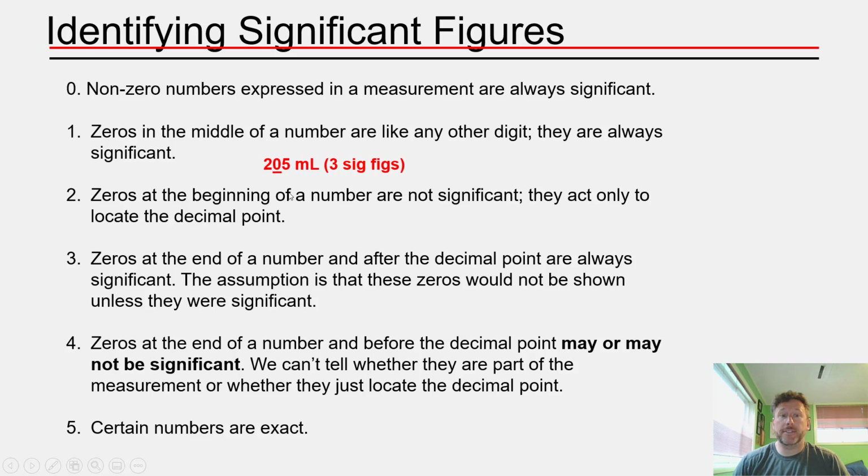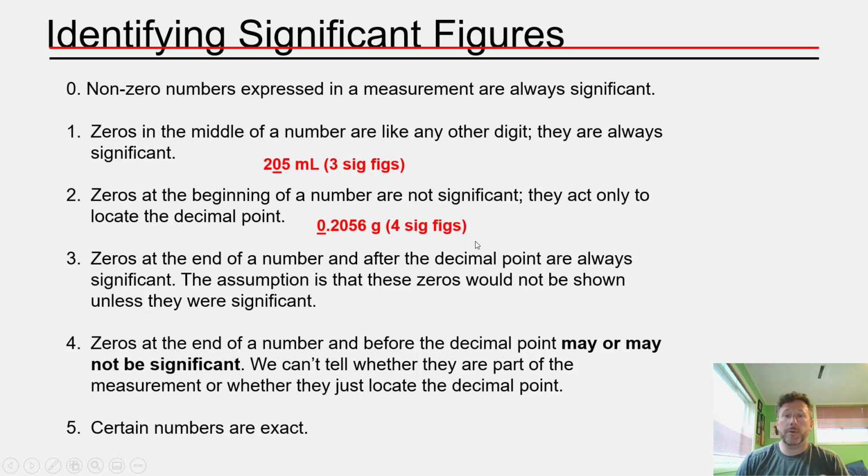Now, in contrast, zeros located at the beginning of a number are not significant. They're only there to help you locate the decimal point. So what do we mean by zeros at the beginning of a number? So for instance, if you measure out a reagent on the analytical balance and the mass of the reagent is 0.2056 grams, we have to apply our rules again to figure out how many significant figures there are in the measurement. And all the non-zero digits are significant, so the 2, the 5, and the 6 are significant figures. This 0 is in between the 2 and the 5, so this 0 is a significant figure. The 0 we have to make a decision about is the first 0,